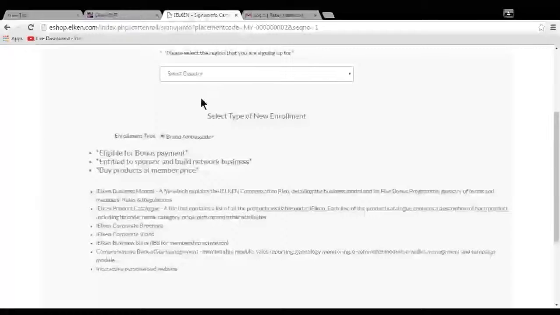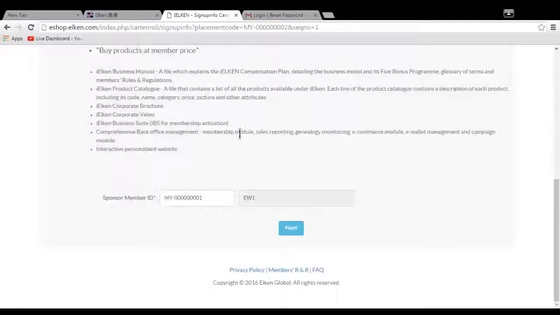The whole process is the same. You see, exactly the same. But in here, you won't see the sponsor ID is automatically filled in. Normally, if I use my placement ID, it will assume that I am the sponsor first. Okay? So if I click next,